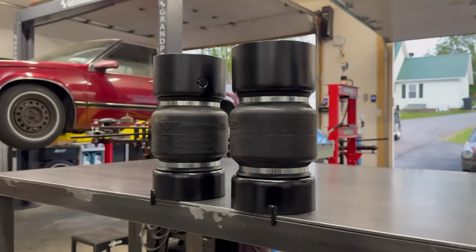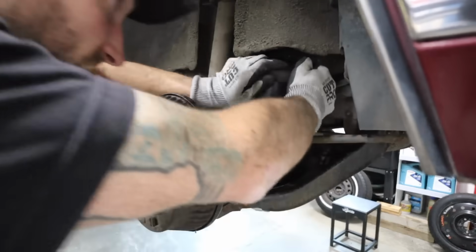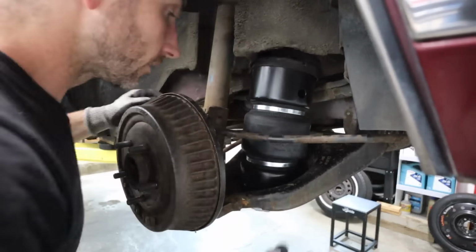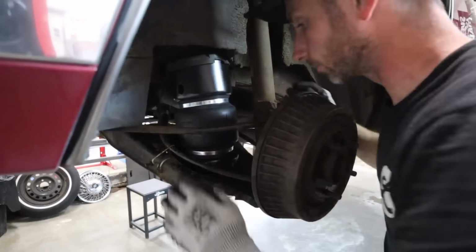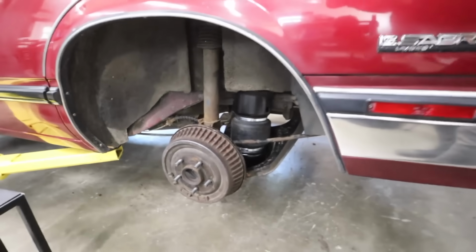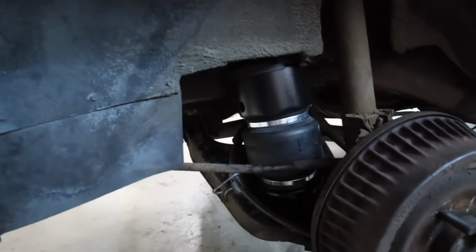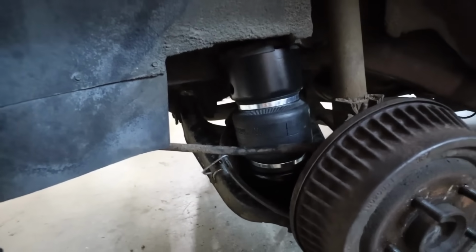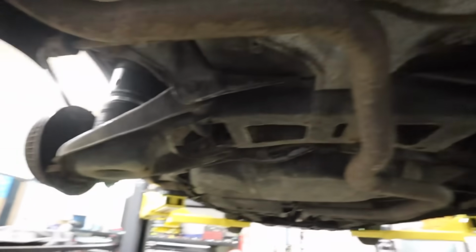All right, we are assembled and painted. All right, our rear bags are in. Now all we got to do is run some airlines to them. All right, we're back up in the air, getting a good look underneath as to how we're going to route